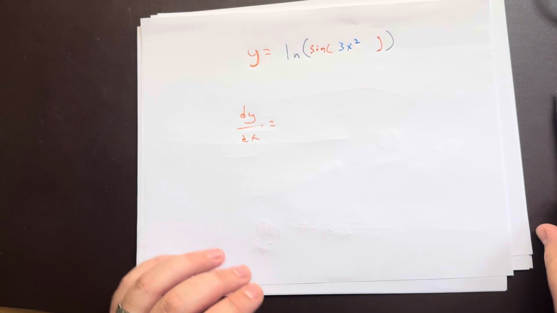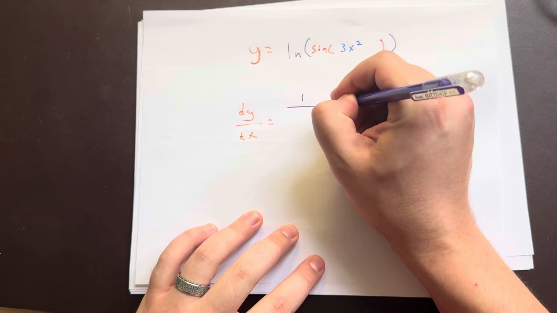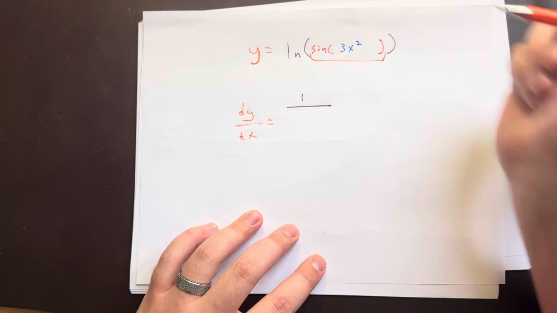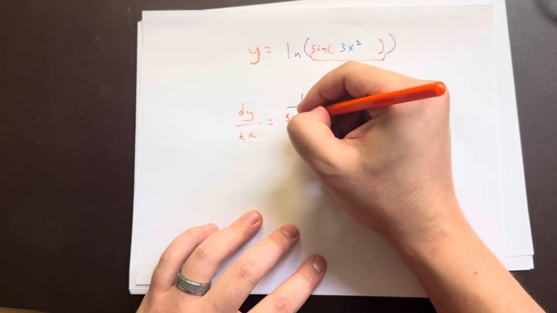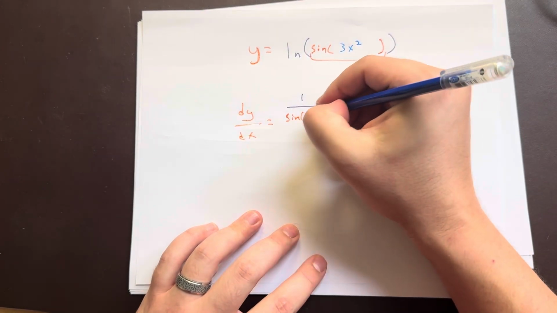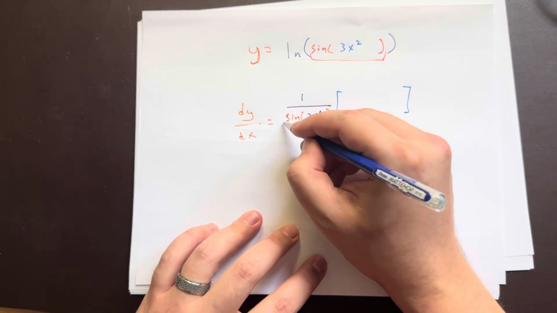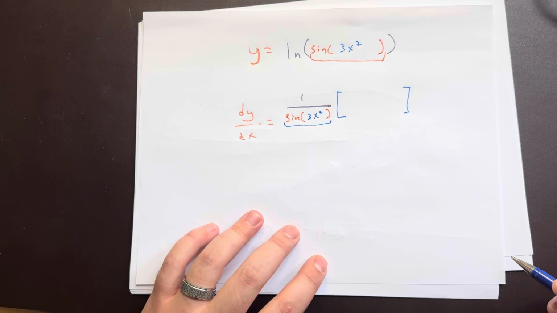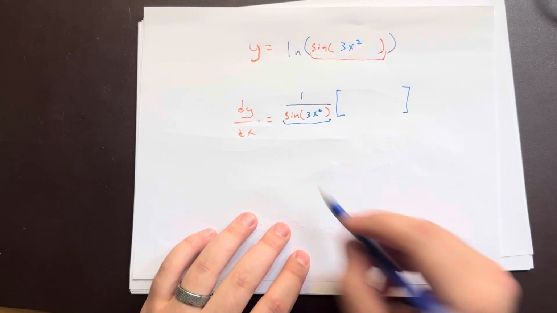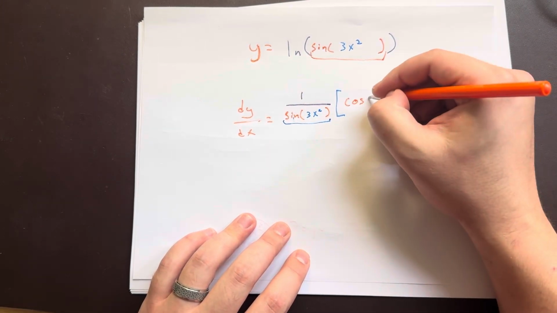And watch what I do here. The derivative of ln of something is 1 over something, all right? So 1 over, and I'm just going to take this whole inside and rewrite it. Sine of 3x squared. And now over here, I need to put the derivative of sine of 3x squared. Well, my outermost function is now sine. So cosine of,